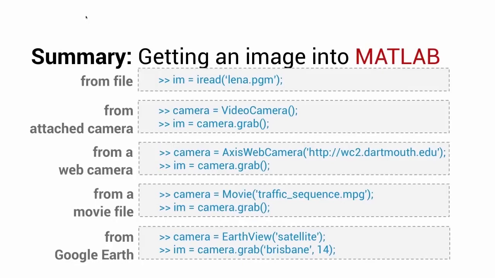Google Earth. What you'll notice about all of these different approaches is that there are some common patterns here. We create an image source object, that might be a video camera object or an Axis web camera object or a movie object, and then we use one of the methods of that object, the grab method, to obtain the next image from that image source. So we were able to grab images from a diversity of image sources using software which varies only very, very